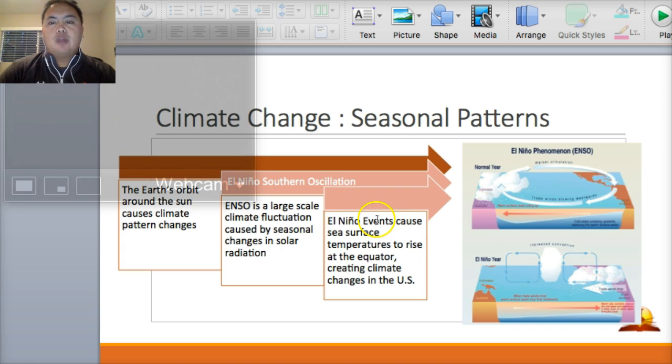What happens in El Nino is, in a normal year, and again, this affects us a lot because we're on the west coast of North America, that we have this cycle. I wish I could zoom in here, but basically it's a cycle where we have a lot of cold water here, and the warm water moves west, which causes precipitation here, and it goes into the cycle. Okay, in an ENSO, an El Nino year,